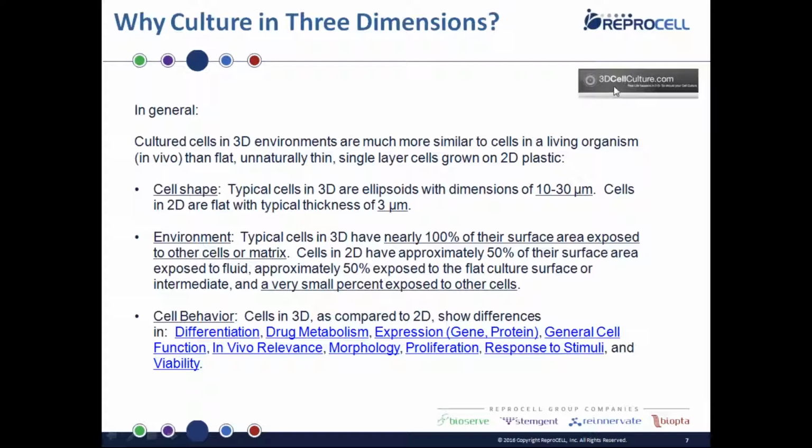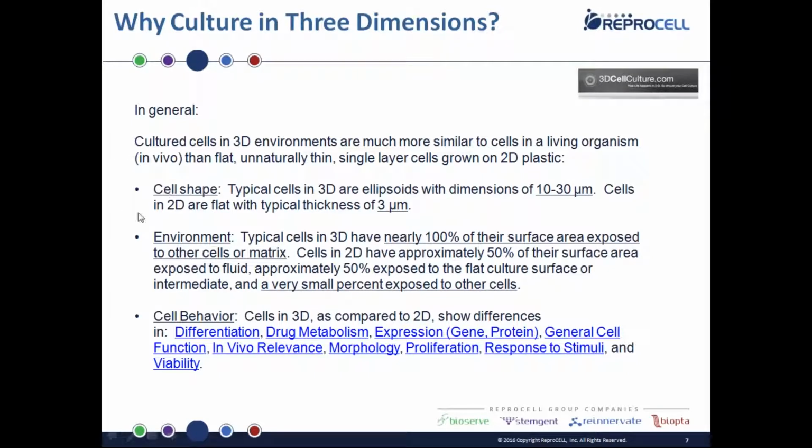So here we're introducing this website, 3dcellculture.com. This is a completely independent website, and they are dedicated to three-dimensional cell culture. And you see what difference it makes. So this is not a commercial bias. Essentially, it's a completely independent body, and they have a lot of information that you can refer to, showing independent advice as to how 3D cell culture is very much beneficial to cell growth and cell behavior,